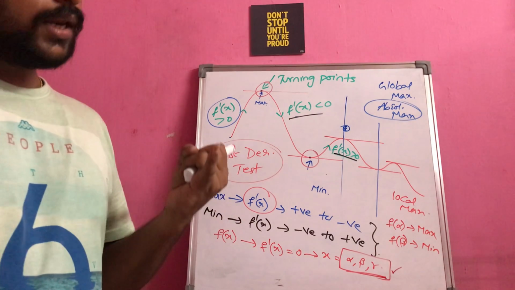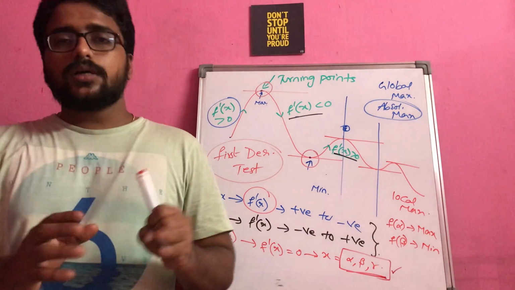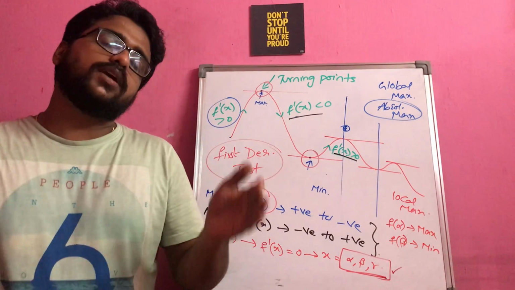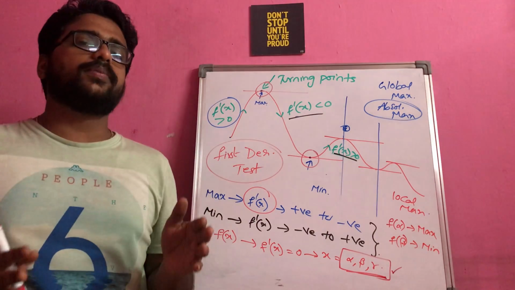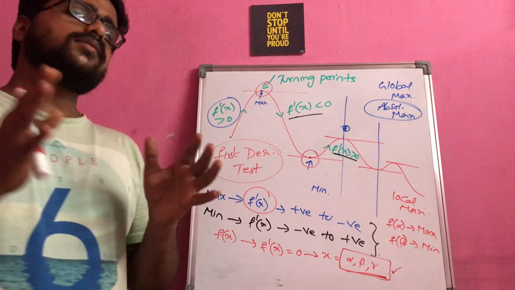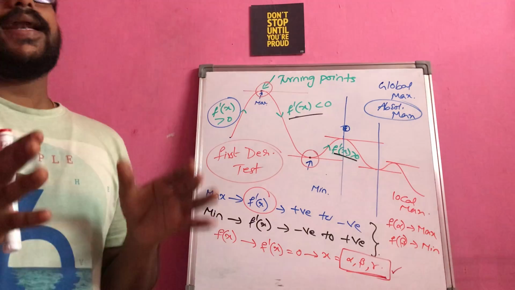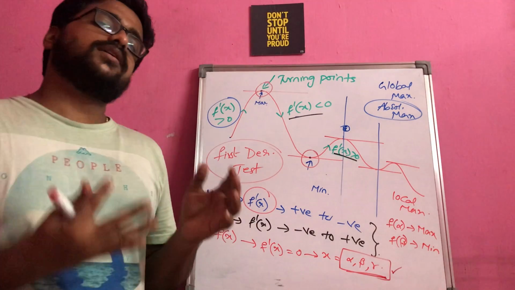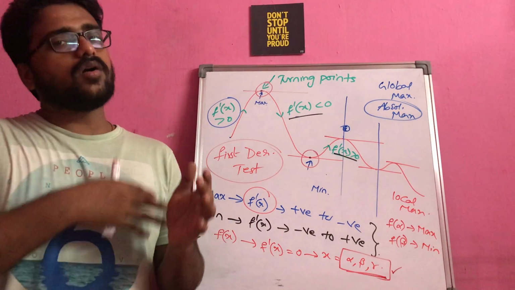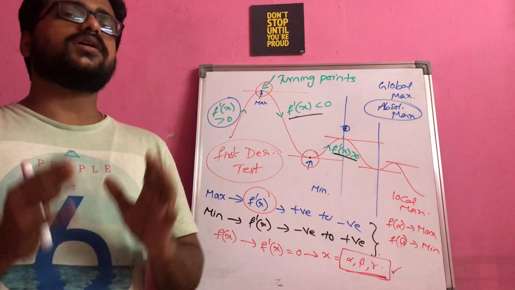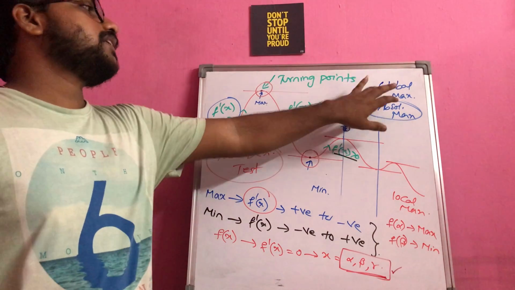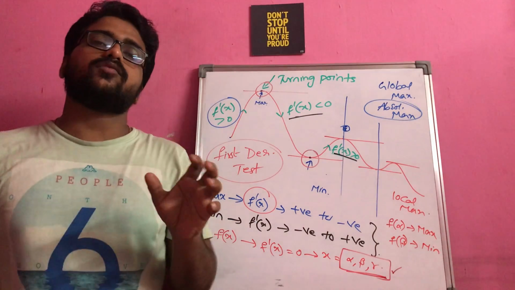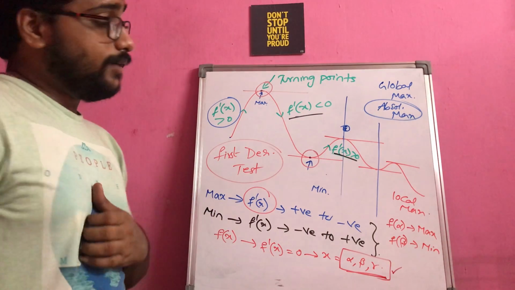One is local, one is absolute. Local in the sense, if in your school, in your section, if you are a topper, then you are at the locally maximum value. Let us say among the group of schools that your school is having, if among all the group of schools you are the topper, then I can say you are the absolute maximum value of the groups. So try to understand.